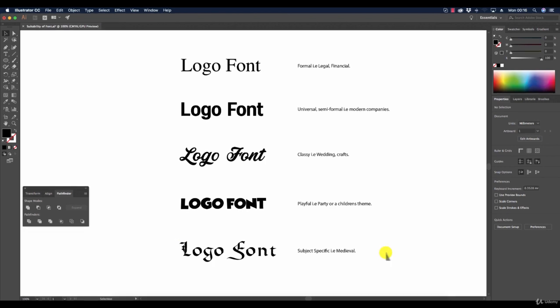So having considered by way of the examples where these fonts might be used, we know that this font, which is a medieval type theme, would not be used for a children's party. Likewise, a formal logo, such as legal or financial, would not employ a playful font as we see down here. So with this principle in mind, remember not to be too outlandish with logo text if the subject doesn't require it. If you have a symbol in your logo, for example, and you're designing a formal or semi-formal logo, consider